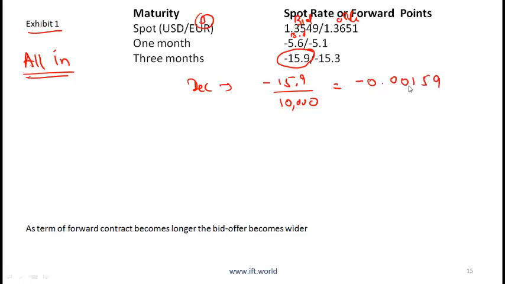So in decimal terms, minus 15.9 points is equal to minus 0.00159. And then to compute the all-in forward rate on a 3-month contract, we simply take the spot rate, which is 1.3549, and then adjust based on this number. So minus 0.00159, and you come up with 1.35331. So notice that the forward rate is lower than the spot rate, which is what you expect given that